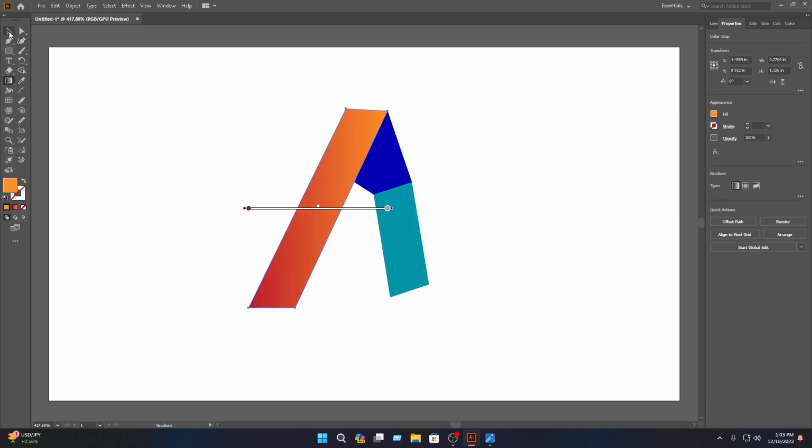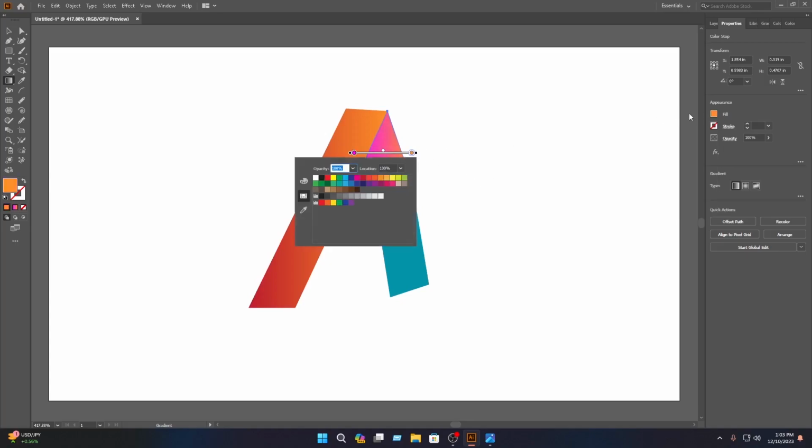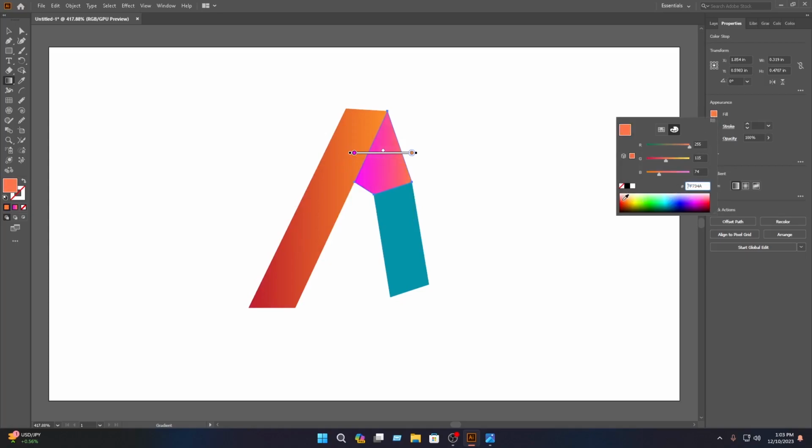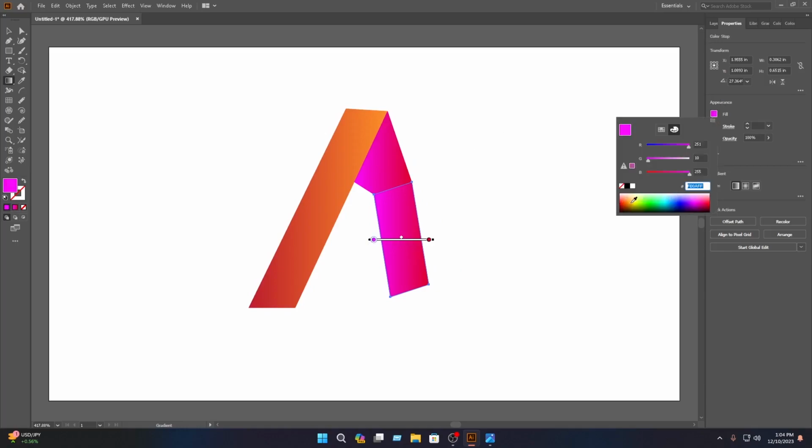then select the Move tool, then you have to select this and select the Gradient tool, then click on here, then you have to select this and click on the Fill, then select this color, then you have to select this, then click on the Fill, then select this color, then select the Move tool, then you have to select this and select the Gradient tool again, then click on here, then select this and click on the Fill again, then select this color, then select the Move tool, then select this and click on the Fill, then select this color,